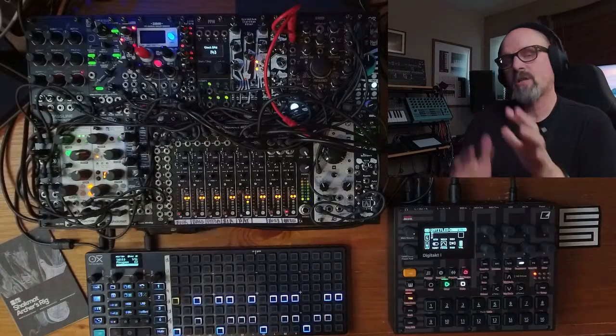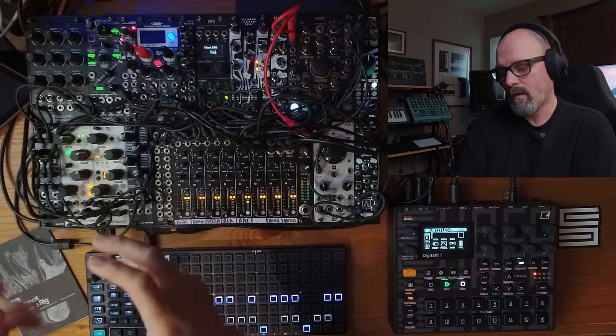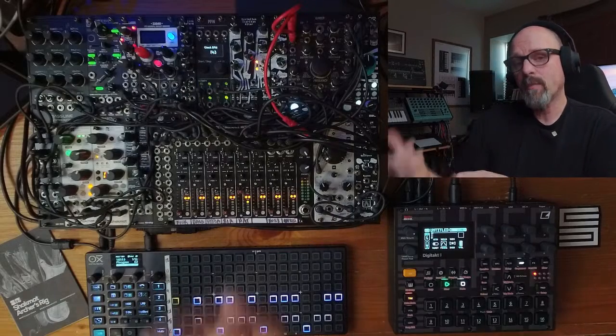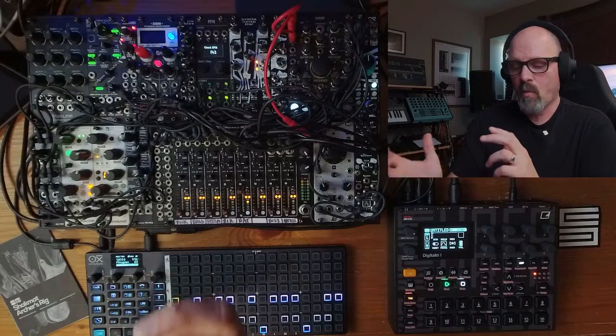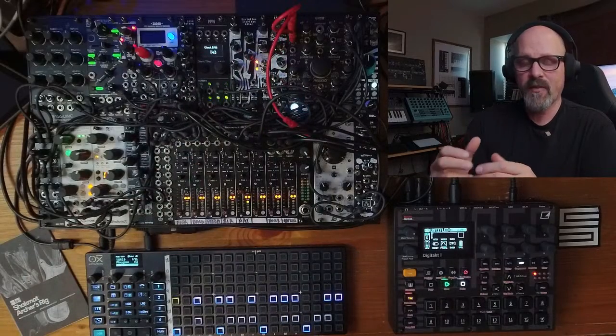So all of a sudden you start to get into that tonal percussion range. And that's really where it hits a sweet spot for me, because I don't like my stuff to be too melodic, but at the same time, I don't want it to just be drums and percussion. So to be able to walk that line, I tend to use the BIA a lot to do that same kind of thing where it's